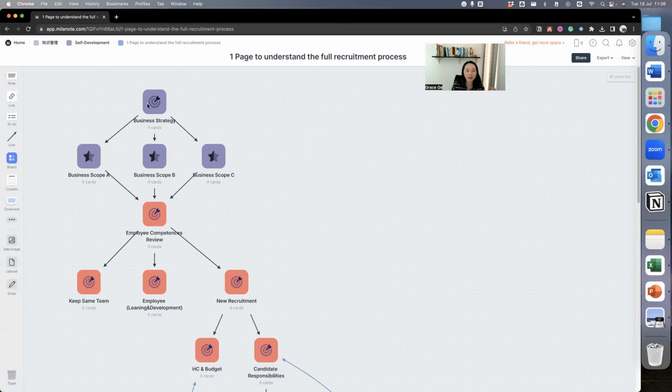By having a set business strategy, managers and directors would make the business scope accordingly from this business strategy.